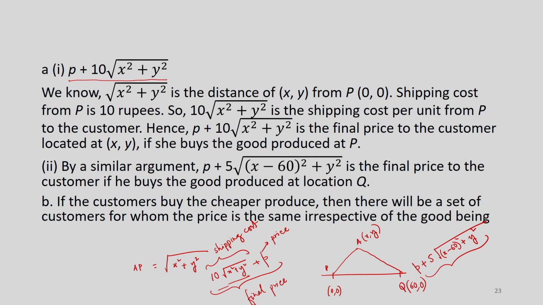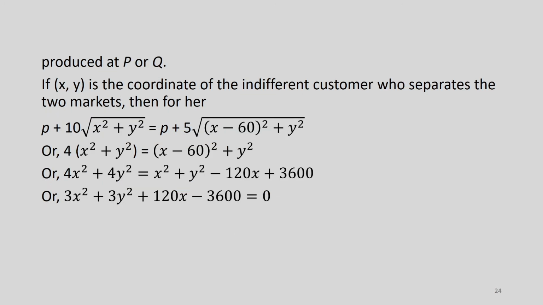Now, there will be a set of customers for whom the price is the same irrespective of the good being produced at P or at Q. So, there will be some customers for whom the price will be the same. They will be indifferent whether the good is produced at P or the good is produced at Q. Let (x, y) be the coordinate of the indifferent customer who separates the two markets. Then for her,